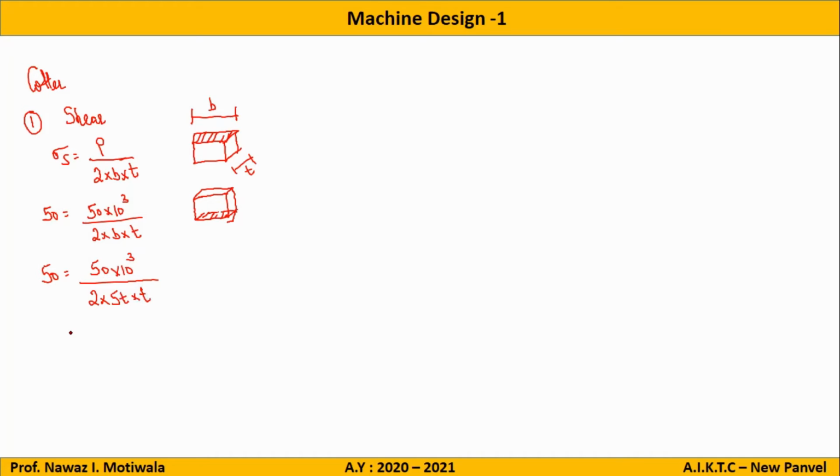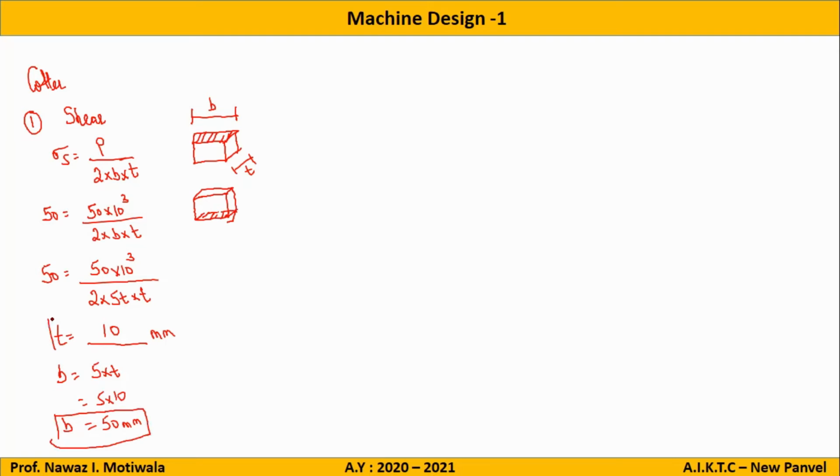Now what is the unknown here? Thickness of quarter. Yes, thickness of quarter is the unknown. And what is the answer for it? 10, sir. Let us finalize that it is 10 mm. So if T is equal to 10, what will be B? 5 into T, which is equal to 5 into 10, which is equal to 50 mm. Any doubts? No, sir. So now we got the answer for T and B.